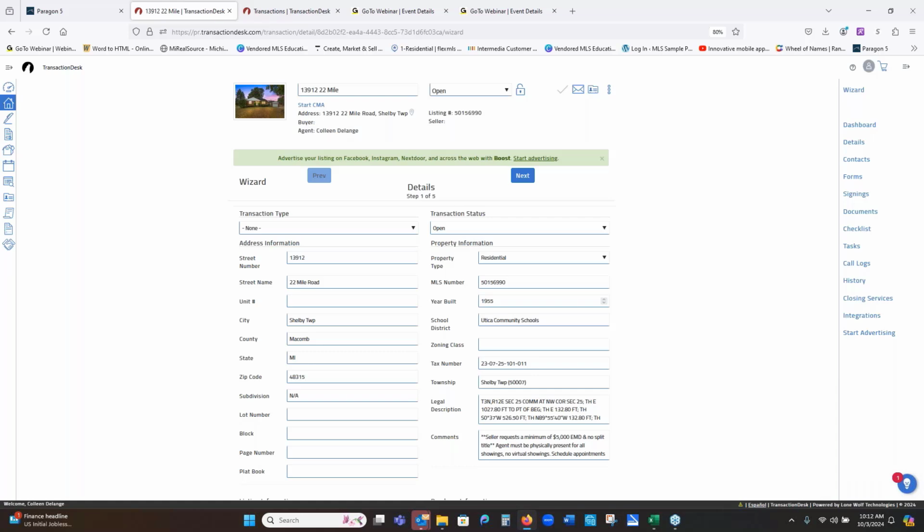And as you can see, that auto population has already started here. So of course, I've got the photo up here of that listing. Down here, it's already filling in the street name, street number, the city, county, state, zip code. If the subdivision was in there, it would pull in that subdivision for me as well. It's pulling in that lengthy legal description, comments about the property, that tax number, and you can see all of that is starting to auto flow. So I don't have to type all these things